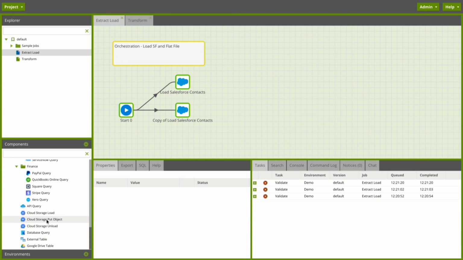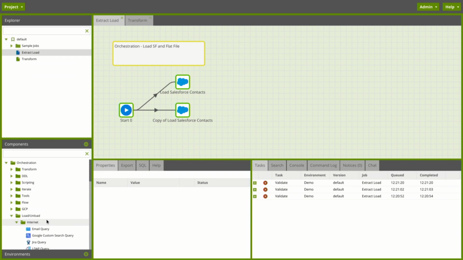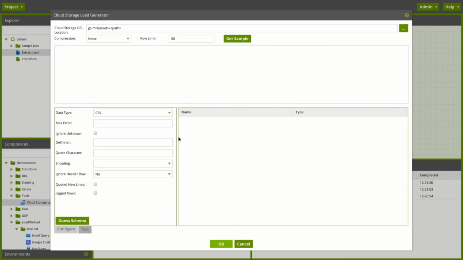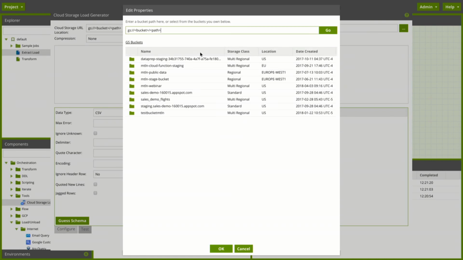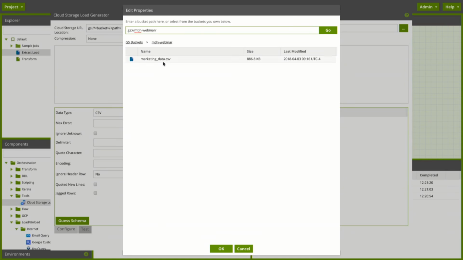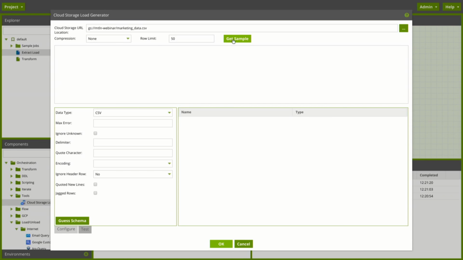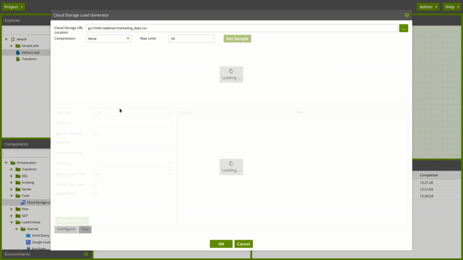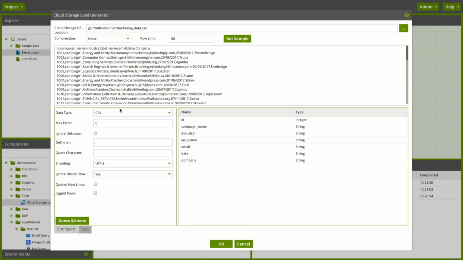Now I could do that by bringing on a create table with the right structure, followed by a load. What I'm actually going to do is use a tool that we've got, which will do all of that for me in a wizard, so that it just makes it a little bit simpler. So I'll drag that and drop it onto the canvas, and I will find my sample data file. There we go. And rather than having to do a lot of manual effort, based on a sample of a number of rows, we'll just guess what the appropriate table definition for that is.